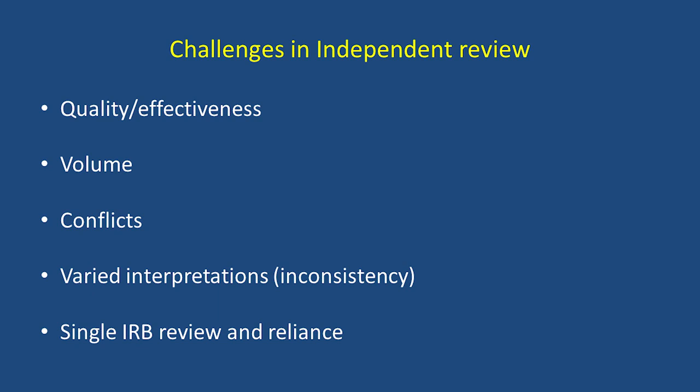Some of that had led to changes in the Common Rule and in the NIH policies about review for collaborative research or multi-site research. So that now, required by the Common Rule and by the NIH, when there's a study that's being done at multiple sites, it needs to be reviewed by one single IRB, and other institutions should rely on that IRB for the review. This is not true when it's international sites. It's only domestic sites. And it's raised a lot of interesting, I think, efficiencies, but also challenges in terms of how this review ought to be done and how it applies to different institutions.